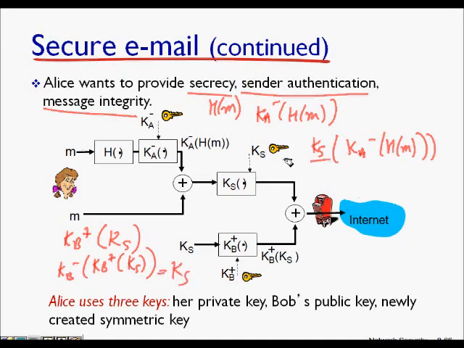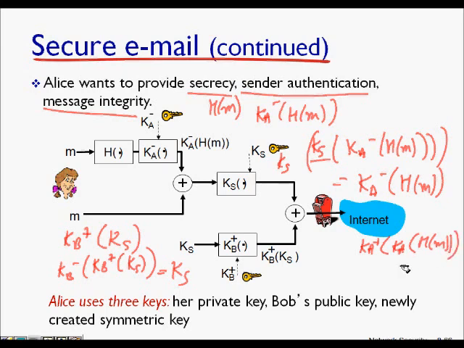Now he applies the symmetric key to this message and he gets Ka minus H of M. Now he applies the public key of Alice, and he will get H of M from here. This message was also sent along with this. So now he finds H of M of the message he got, and if both of these are equal, this means message